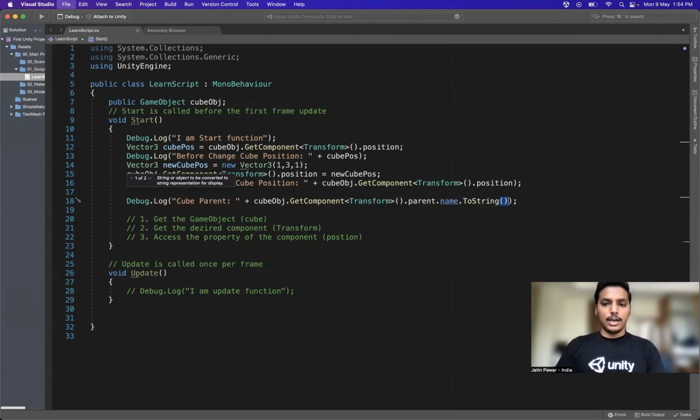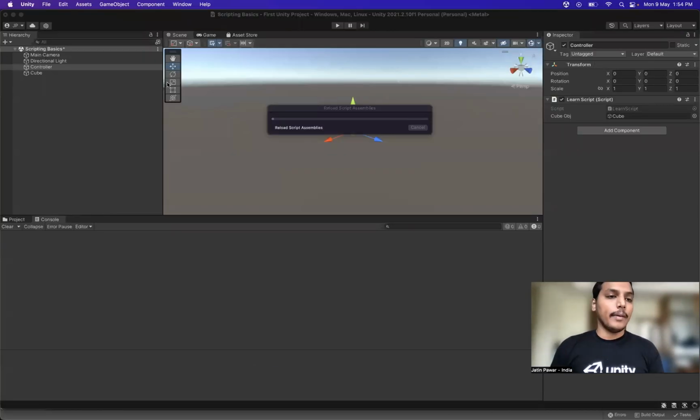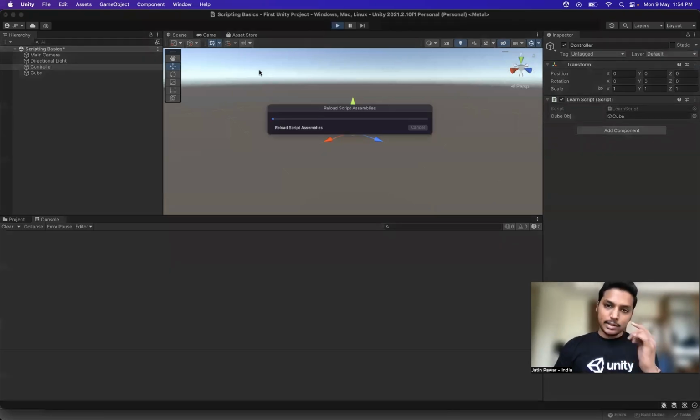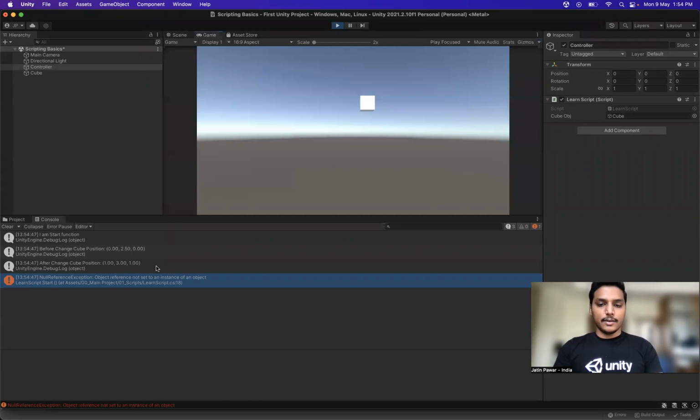If we are not doing that wrong, that shouldn't make a difference again. I believe we do not have a parent. That is why it is giving us that error. We'll soon be checking that out as well, right? This is how you would learn. This is how you check things, right? Again, this will give us this error. What we'll do is